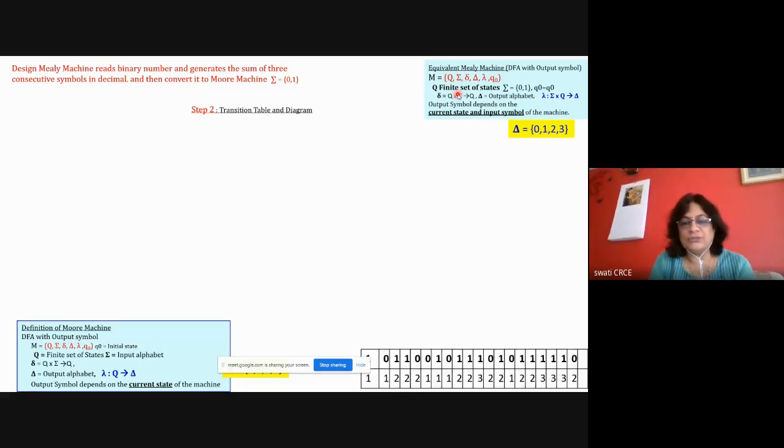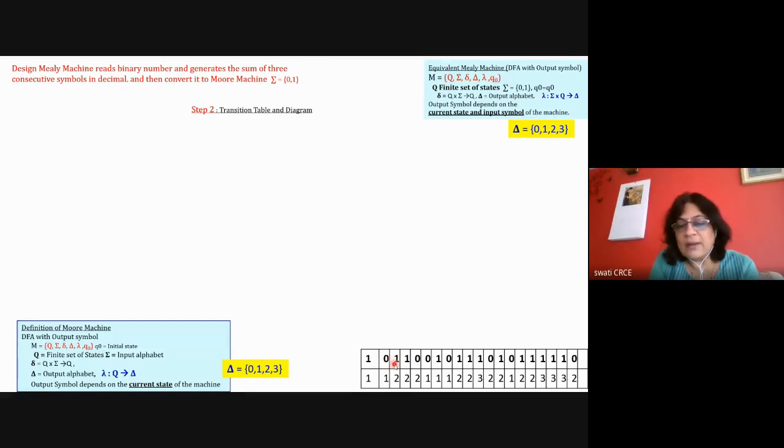Okay, after that, you need to do some calculation. So for doing the calculation, you say that suppose this is your string, that combination of ones and zeros, 1 0 1 1 0 0 1 0 1 1, like this a group of zeros and ones is the input to the machine. So what should be the output? To define the output, the question is that the sum of three consecutive symbols should be generated. So for the first one, we assume that there is nothing before, so the sum of three consecutive symbols is 1 here. The next zero comes, the sum of the last three digits is again 1. So the output generated is 1.